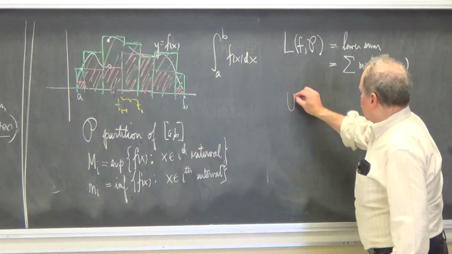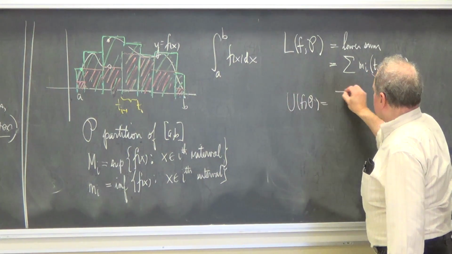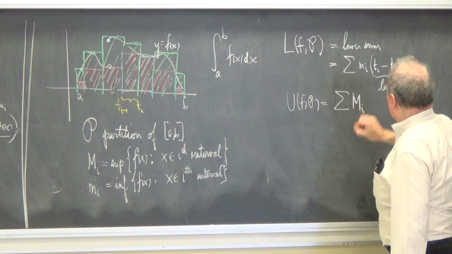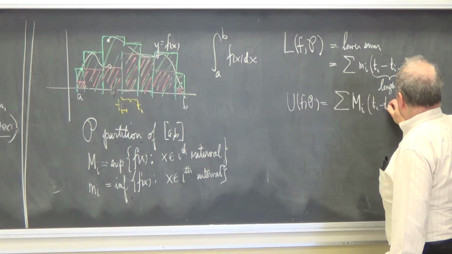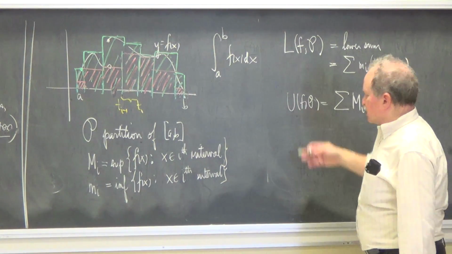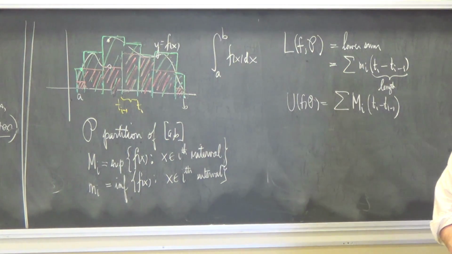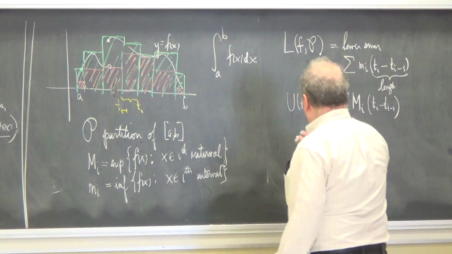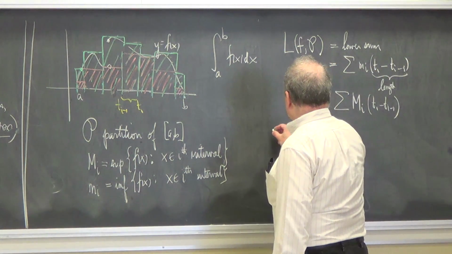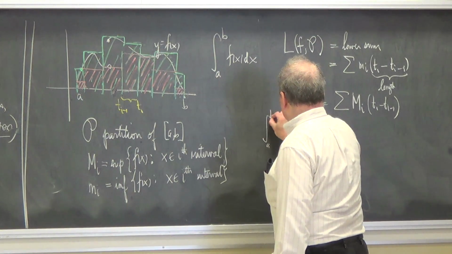And then you would analogously do the upper sum, where you do the exact same thing with the big M's. So that's an overestimate, that's an underestimate. And then you hope you can make them within an epsilon of each other. Right? And so what you would say is that the integral